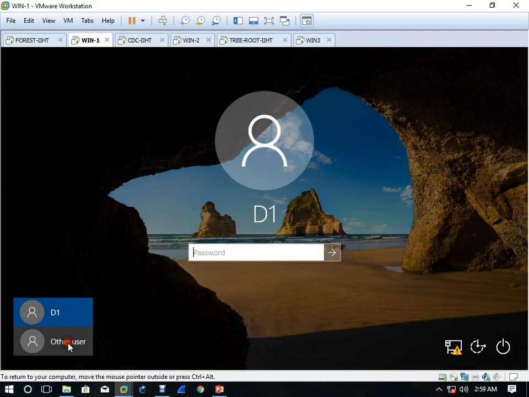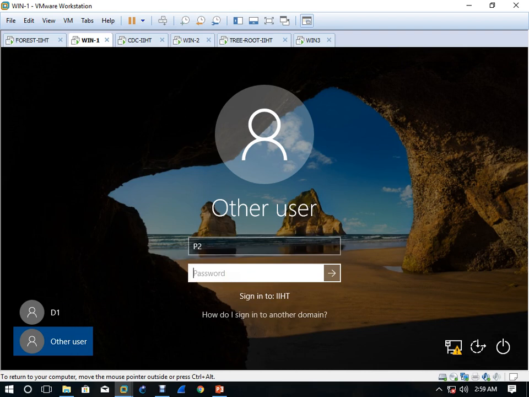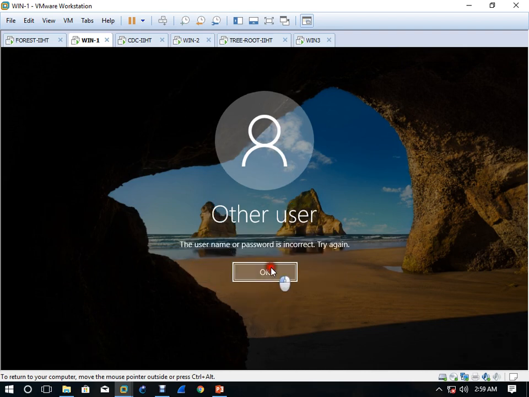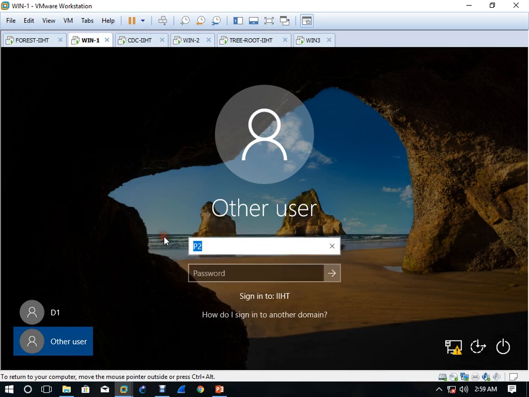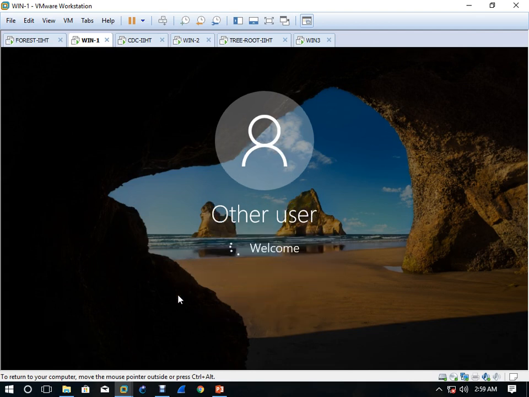So here I come here and write p2, 123 at IIST. Oh sorry, here you have to write panis.com slash p2, and then the username is 123 at IIST. You have to define your domain name. Click OK.